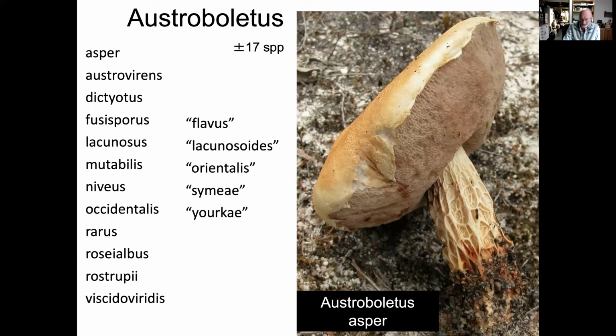Another genus that's common in Australia is Austroboletus. Up to this point, I can estimate there are probably 17 species, 5 of which are still undescribed. One of those, which we just described, Asper, here in the picture, with the help of Katie Syme in WA, we were able to describe just this past December. So I'll just show you a few pics of some of these iconic Austroboletus species that we know about in